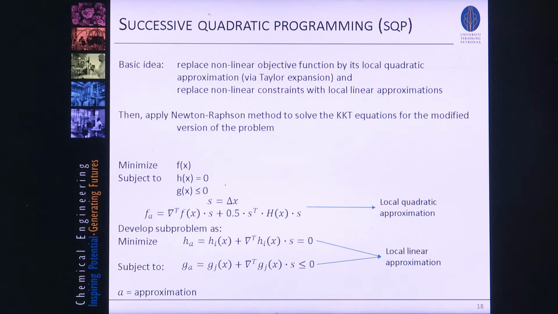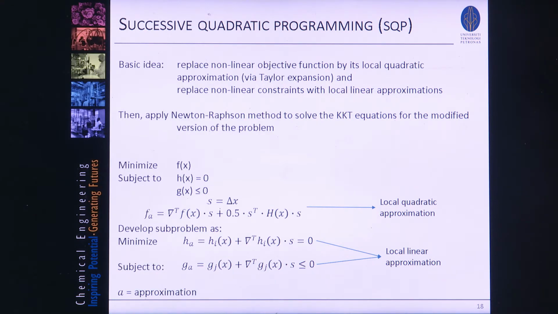The basic idea is that we have nonlinear objective functions which we have to replace by their local quadratic approximation via Taylor expansion, and we replace the nonlinear constraints with local linear approximations. And then we apply the Newton-Raphson method to solve the Karush-Kuhn-Tucker, the Lagrange optimization, for the modified version of the problem. So suppose that we have now f(x), h(x), g(x),